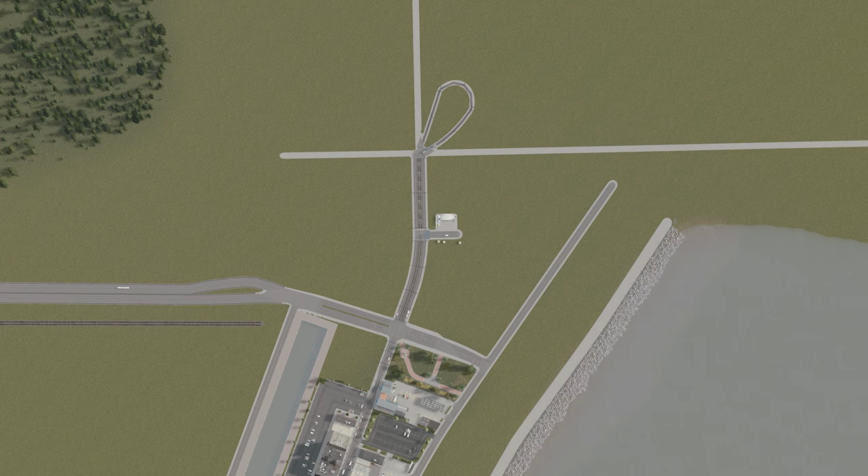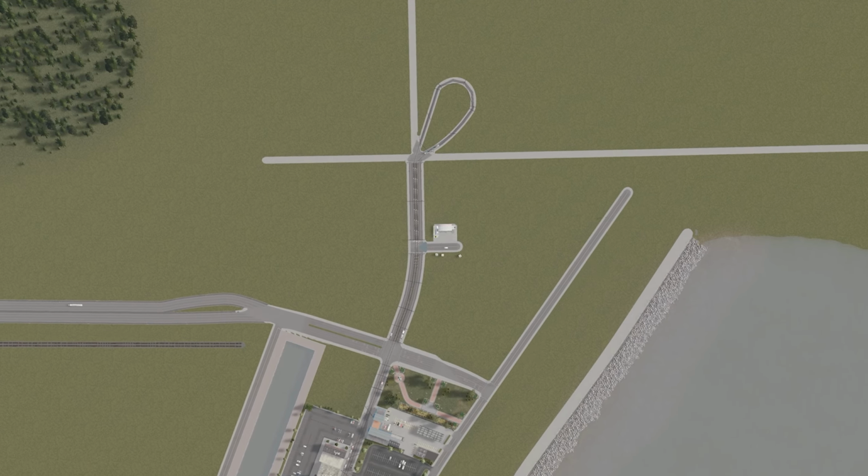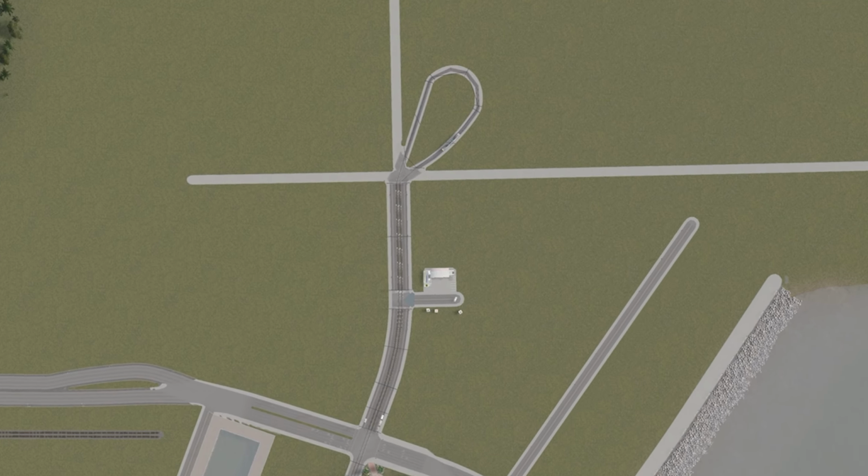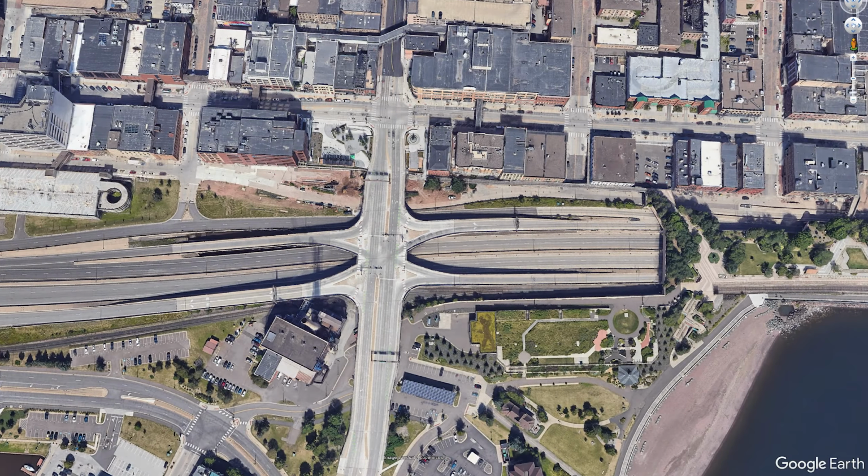Last time we started to build our version of Duluth's Canal Park, and today we're going to build up some infrastructure to allow people to access this area in style, mostly focusing on this Single Point Urban Interchange and the highway that surrounds it. First, though, I wanted to bound off the area we have to work on,